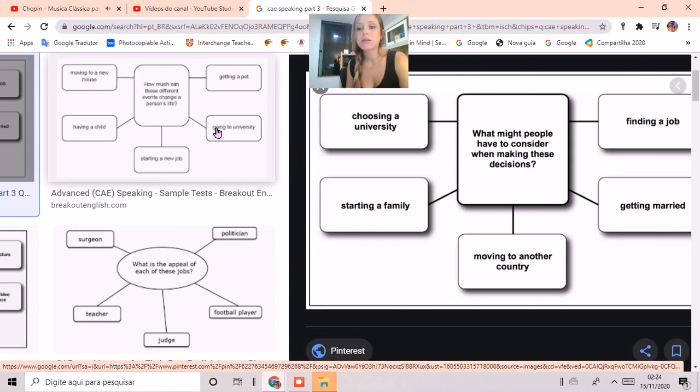And moving to another country is certainly challenging because you don't know if you're going to adapt to a new culture. But I think that starting a family, it's the thing that really changes everything in your life, because apart from you, other people are involved, and you have to make everybody happy. You have to work so that everybody gets happy. So in my opinion, it's this. And then the other candidate is probably going to agree with you.